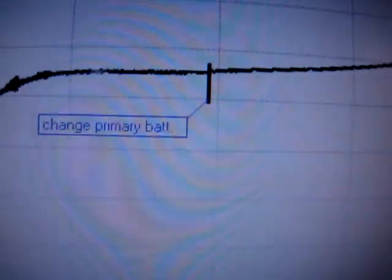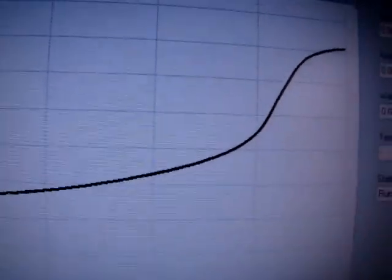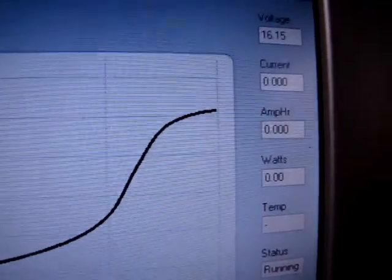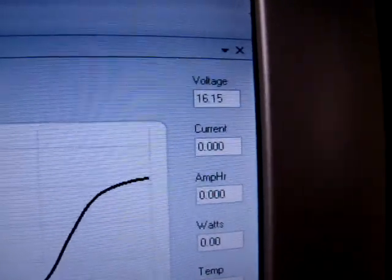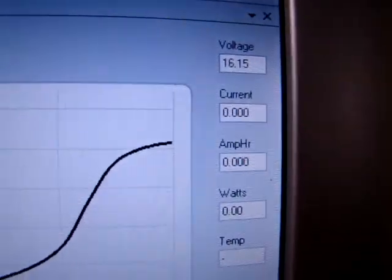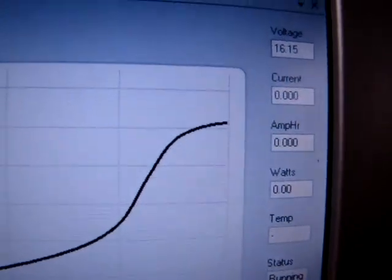After 8 hours, 6 hours, I had to change the primary battery and it started to raise up. Finally at 12, 11, 12, 13, 14, 15, and now is 16, 15. I probably disconnected at 16, 20. So